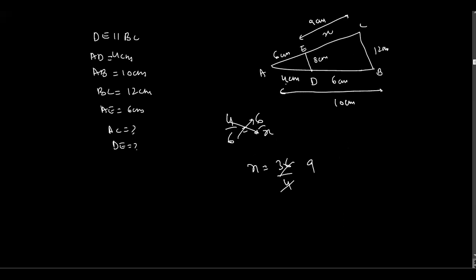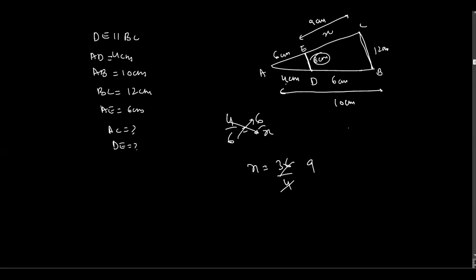But you have to remember one thing, that you have to write the whole ratio. This is one full side of the triangle, and this is also one full side of the triangle. So we cannot write 4 upon 6 is equal to 8 upon 12, or x upon 12. We don't know the value of this one. So let's find out the value of this one.